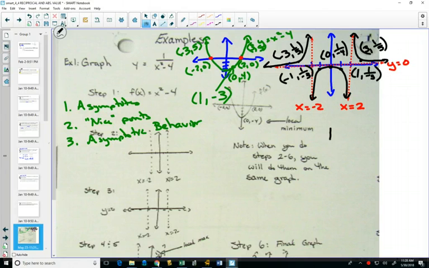Maybe you want to write a note that a 1 over f of x graph has no x-intercepts ever. Remember, the only time a function has an x-intercept is when y is equal to 0. And the only time a fraction is equal